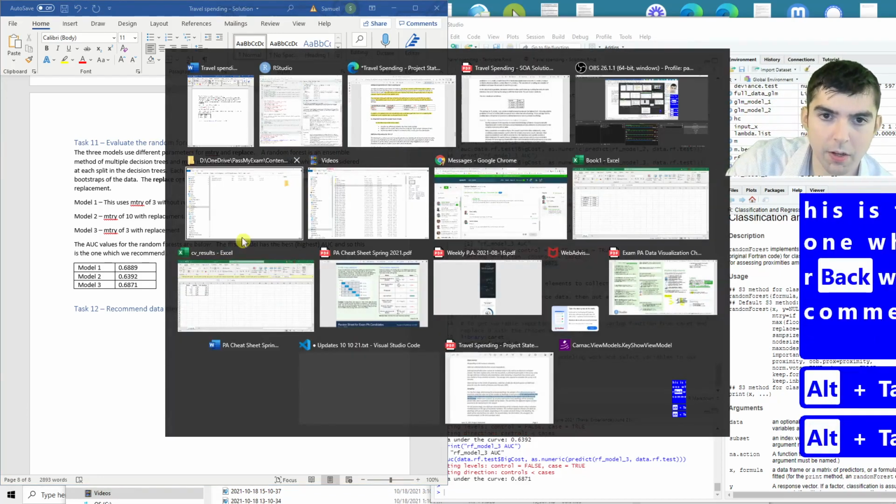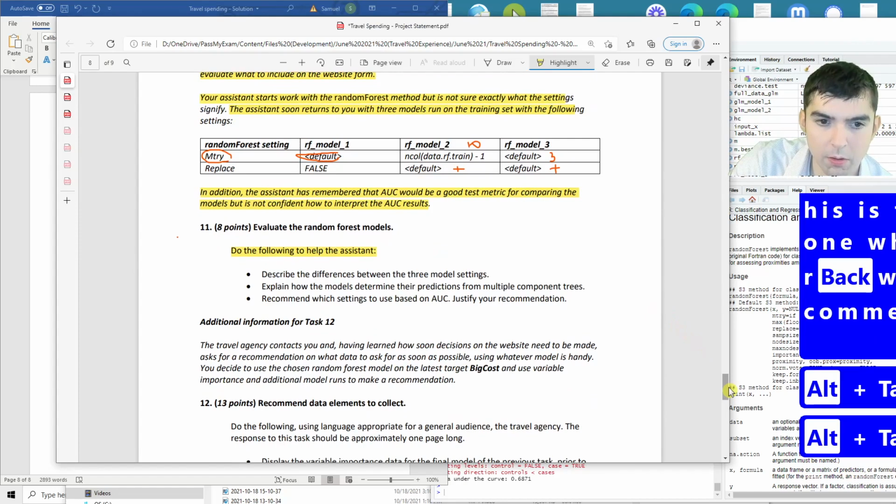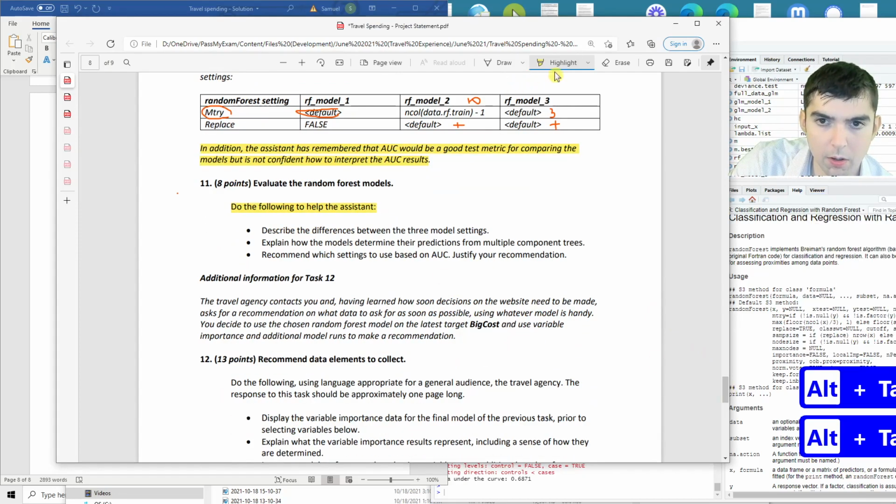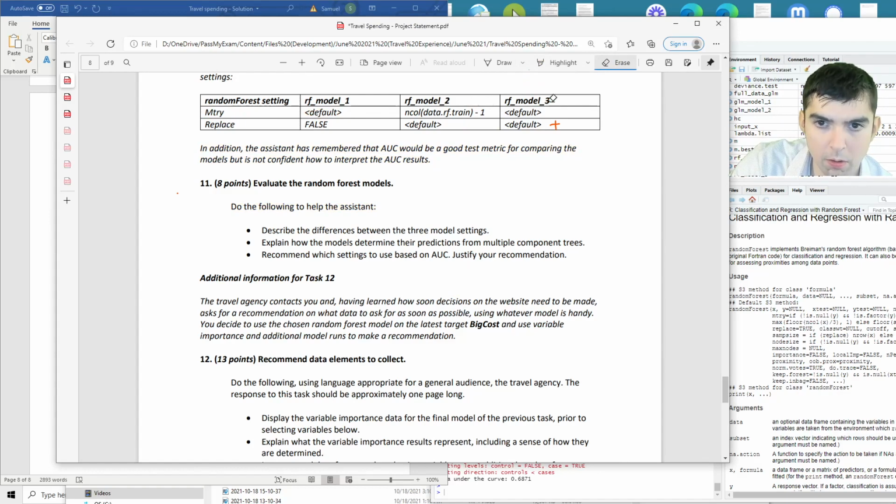Now, what did the question ask for? Describe the differences between the three model settings. Explain how the models determine their predictions from multiple component trees. Recommend which setting to use based on AUC. So